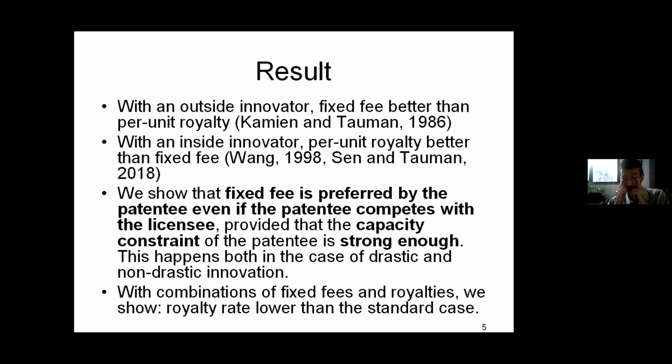But before describing the model, I would like to stress that here we are not considering all possible licensing schemes. There is an increasing literature on other types of licensing schemes, like ad valorem royalties or profit sharing royalties, that under some situations might be better than traditional schemes like fixed fee or per unit royalties. So we are not considering them. It might be that there are even other types of licensing methods which are even better than this one. Okay, so what we are focusing on is just fixed fee and per unit royalties and combinations of them.